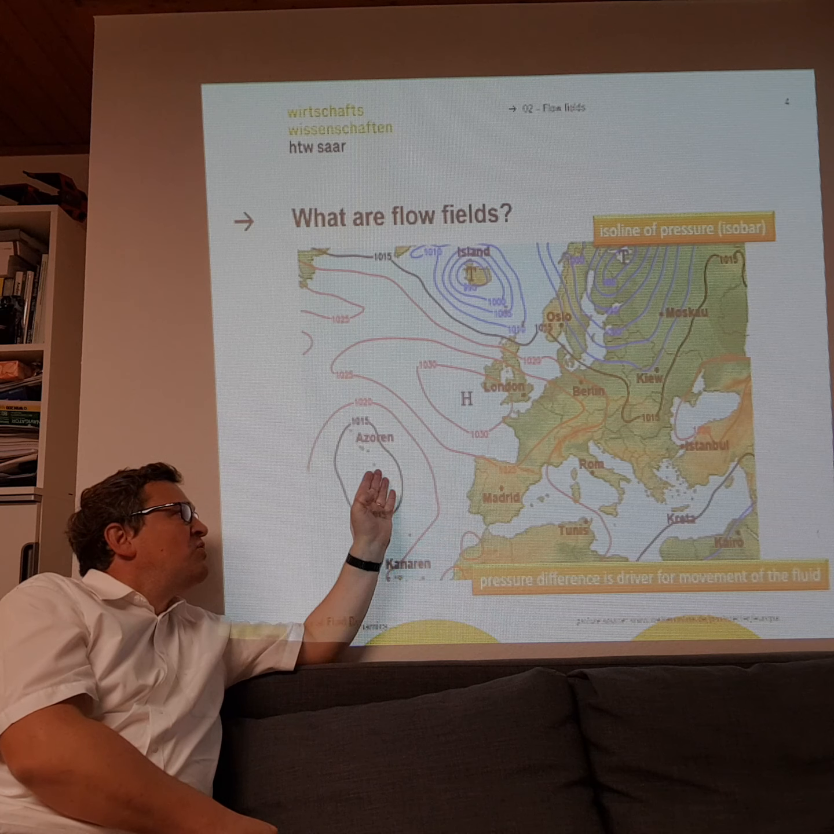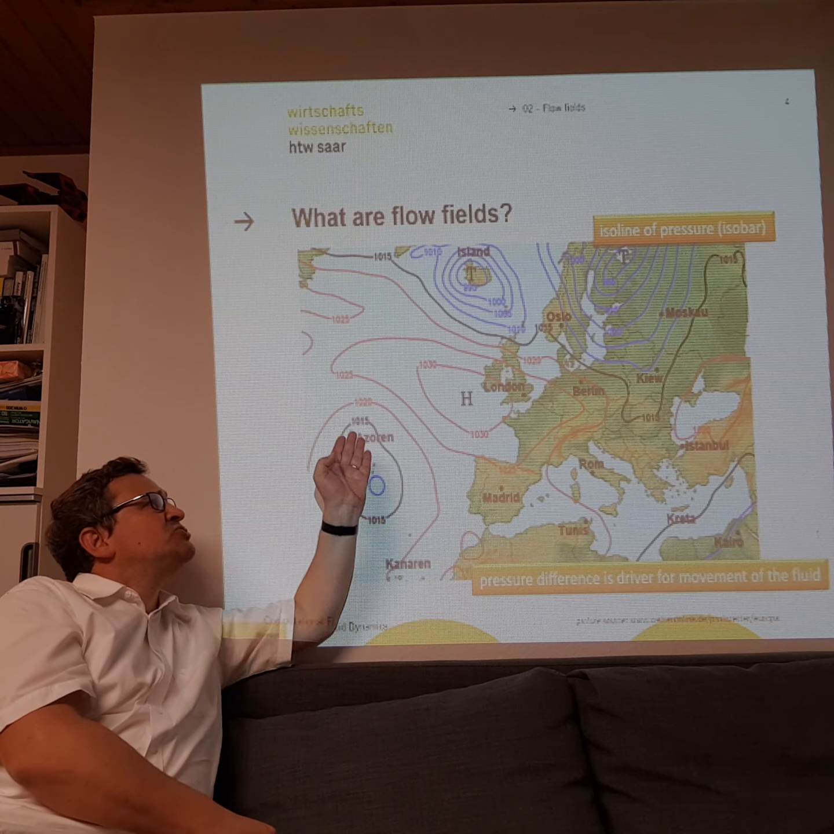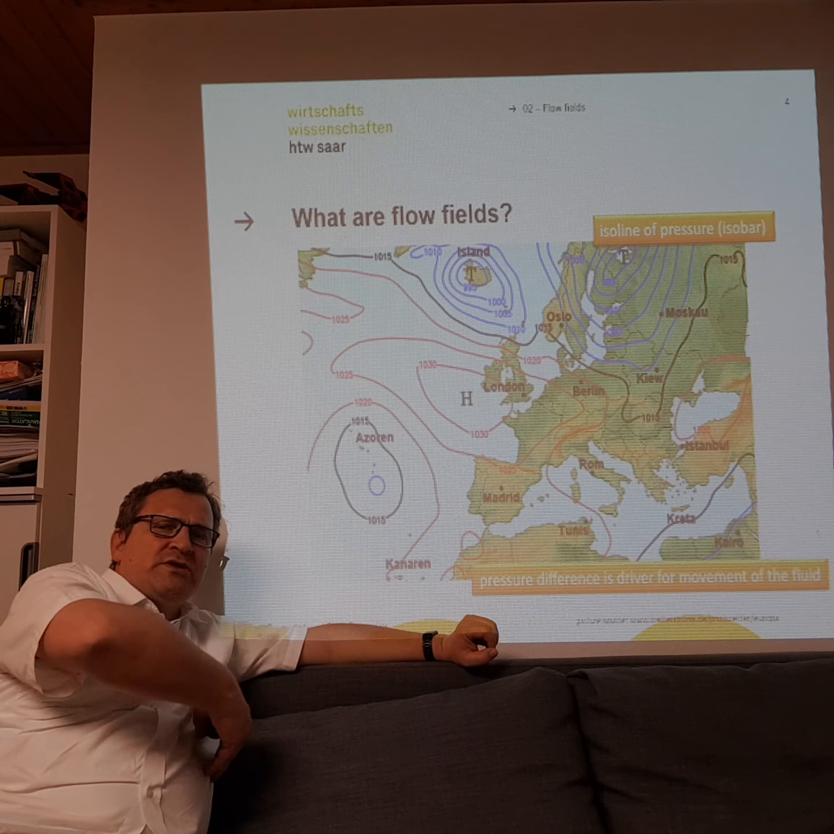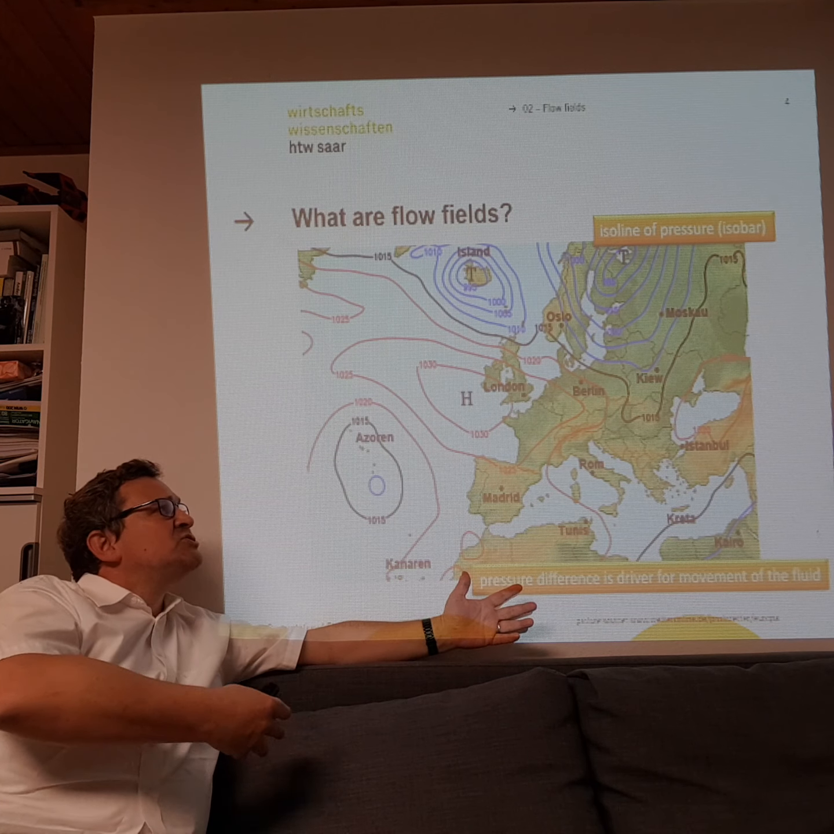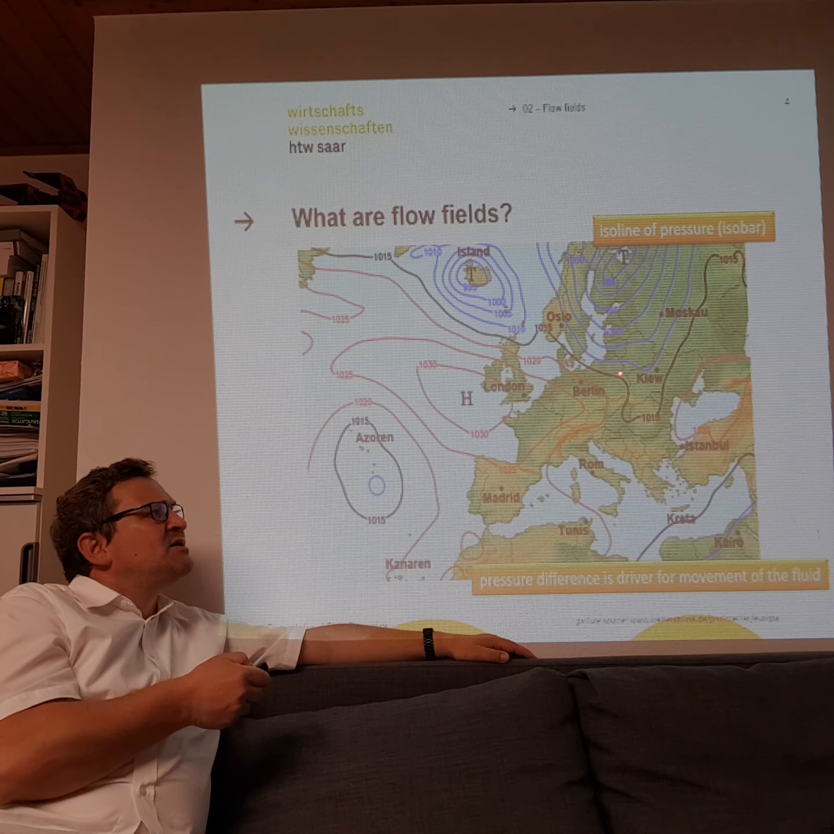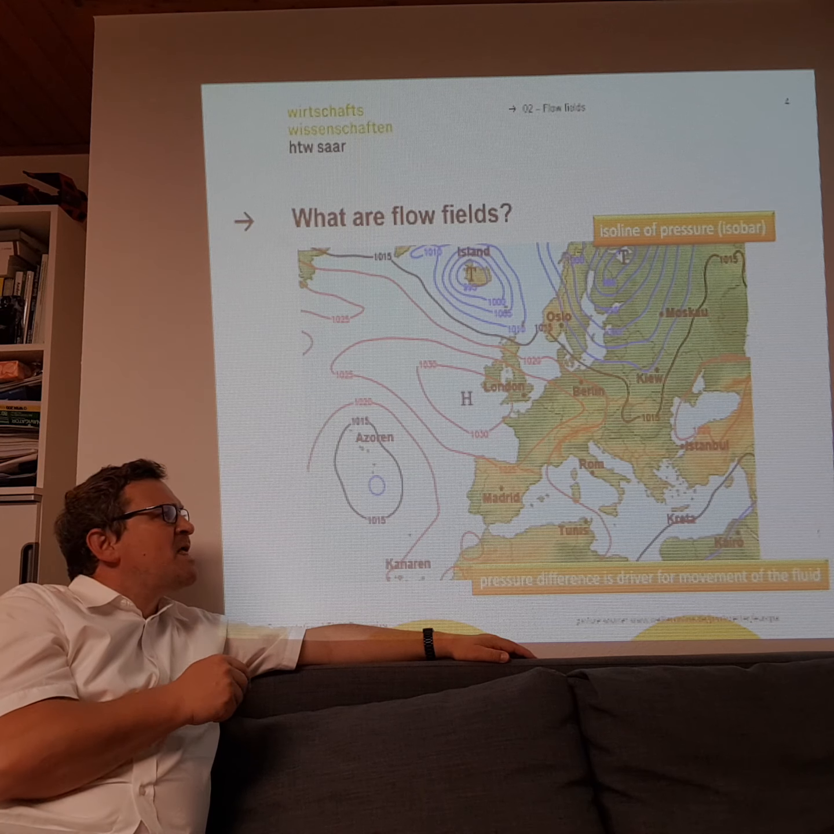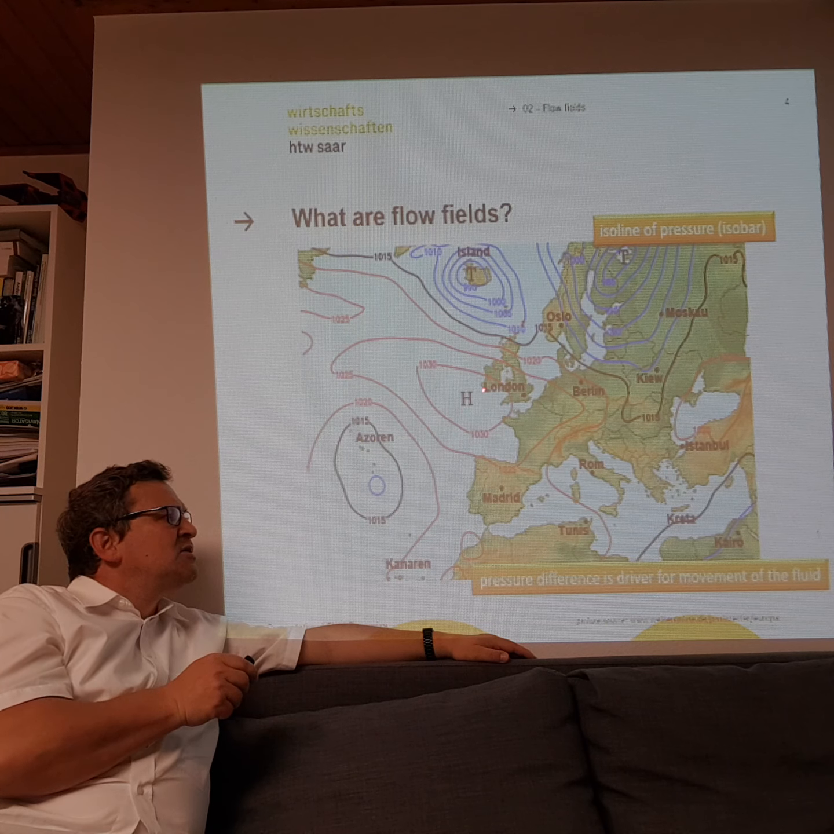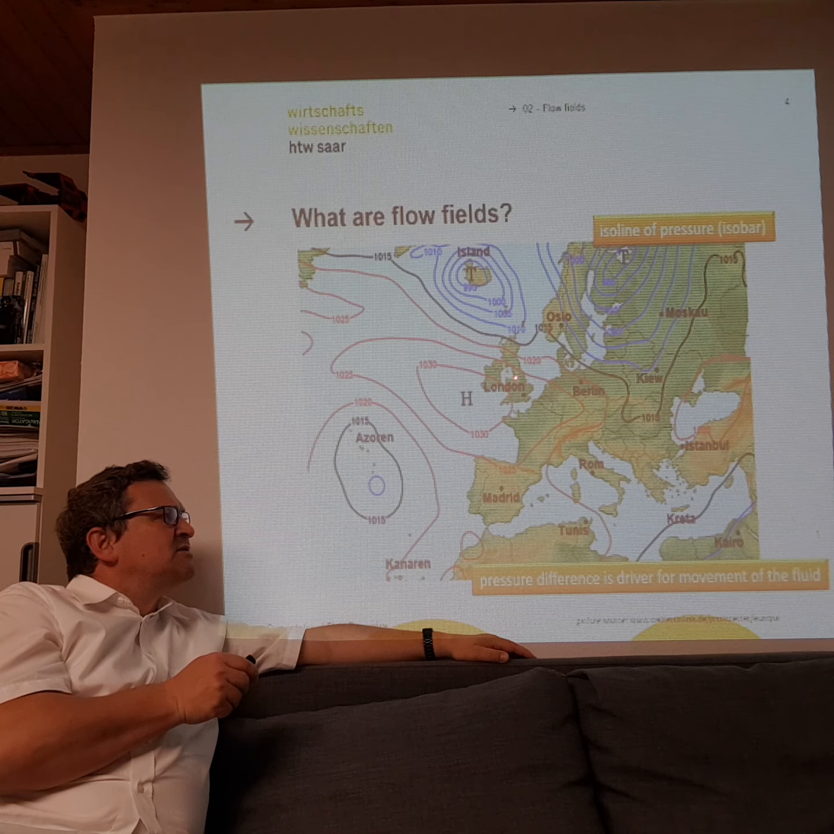The air will flow from the high pressure region to the low pressure region and will take all the clouds with it. So we have a lot of rain in Finland and Iceland and here in this region. And on the other side, during their way over Spain and France,